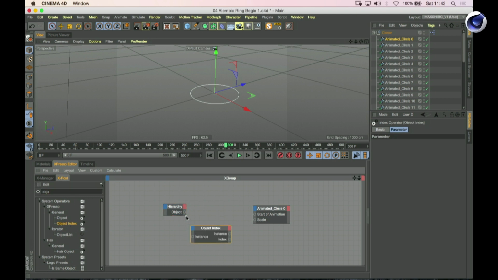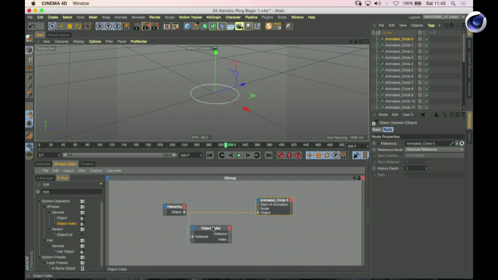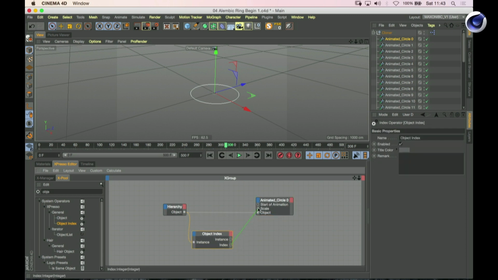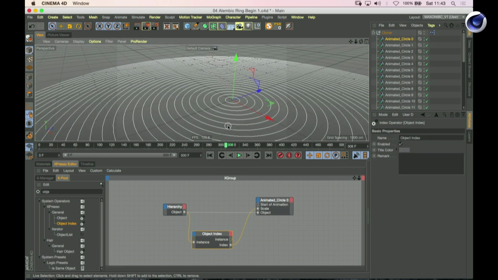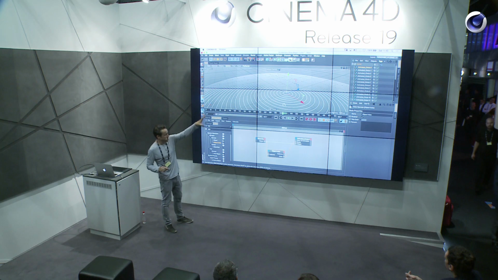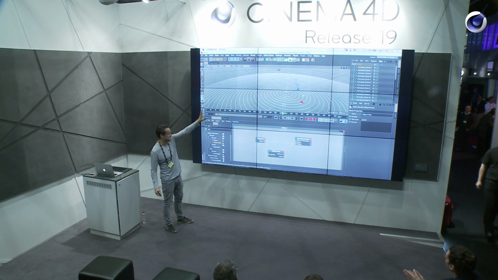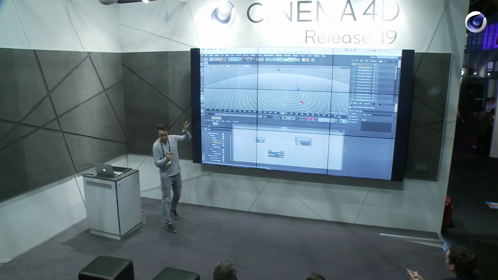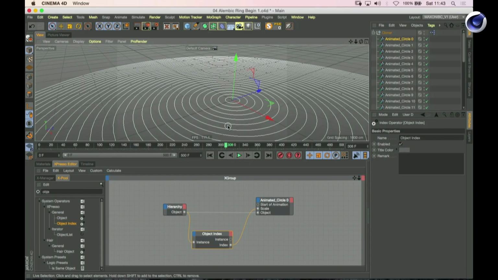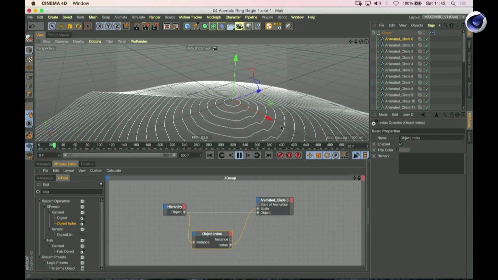Object index. So now I'm pumping out all of the objects, and I'm going to pump them all into this object here. So let's go to object. And I'm also going to pump the index just into the scale. So now that's just going to spread them all out. So the first set of circles will be scale 0, second one, 1, 2, 3, 4, and so they're just going to scale up. And then if I press play,